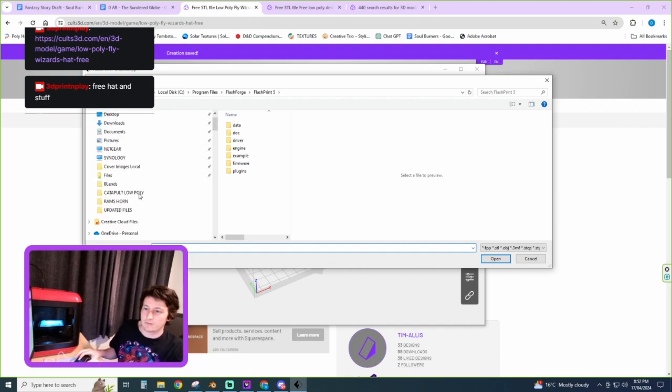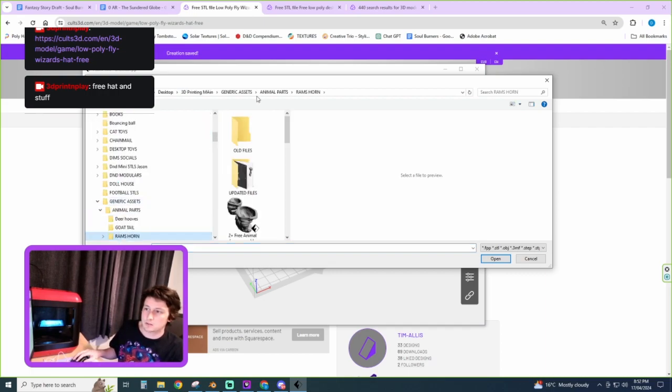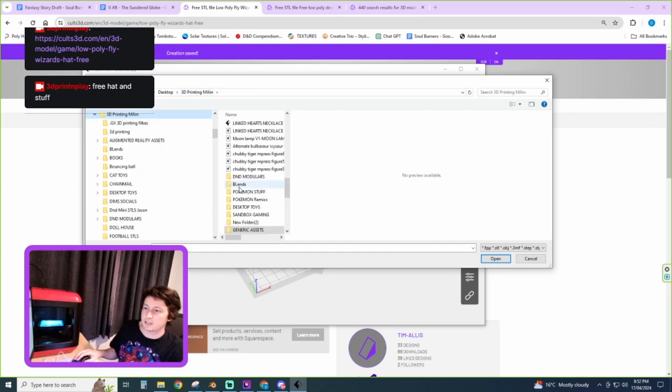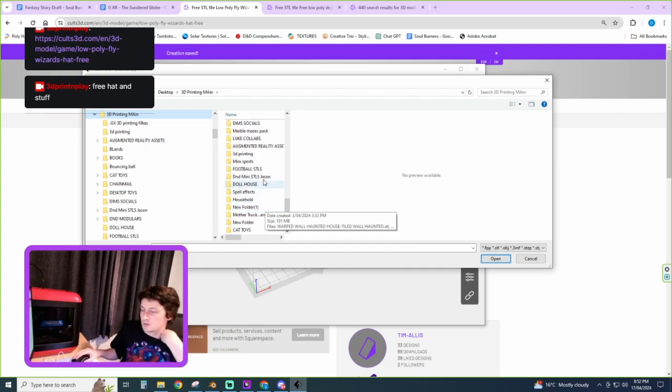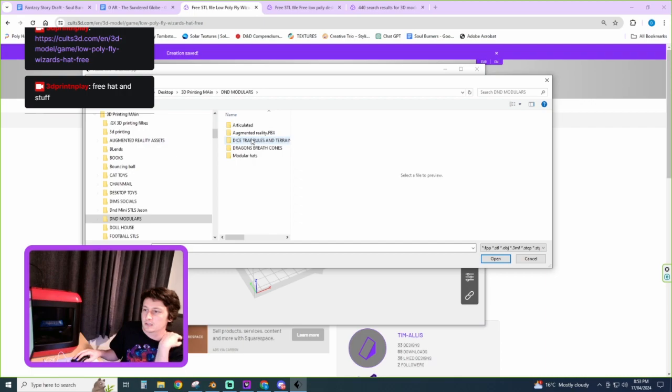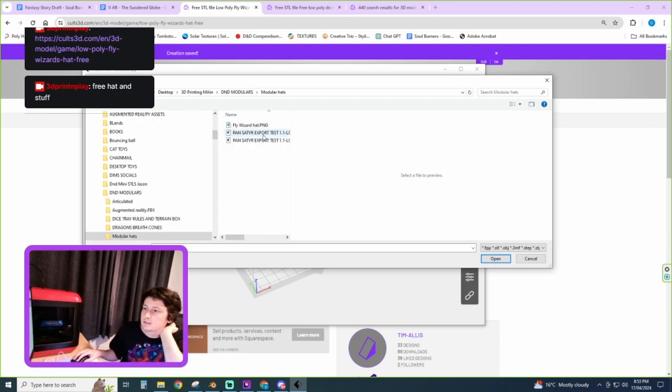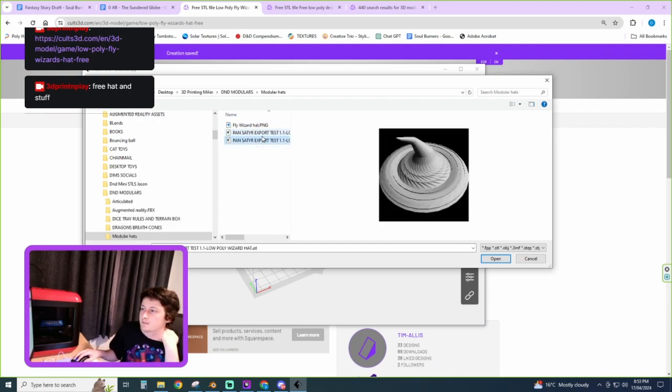And remember where I put that file, which should be, I guess generic assets would probably have worked for this too, but for the moment I'm going into the modular sort of side because I guess modular is cooler for that. Generic assets, sandbox gaming, D&D modulars, there we go, modular hats. Yeah, and see I've got that option there.